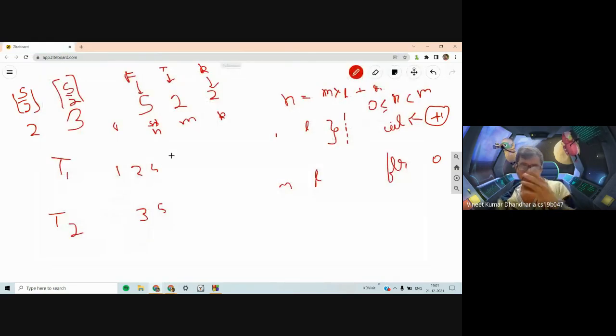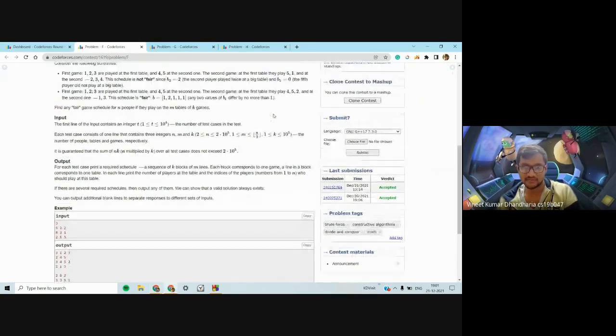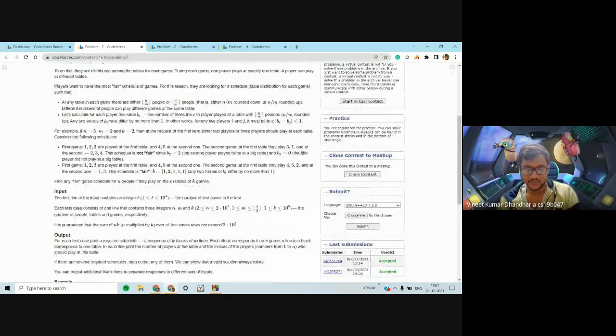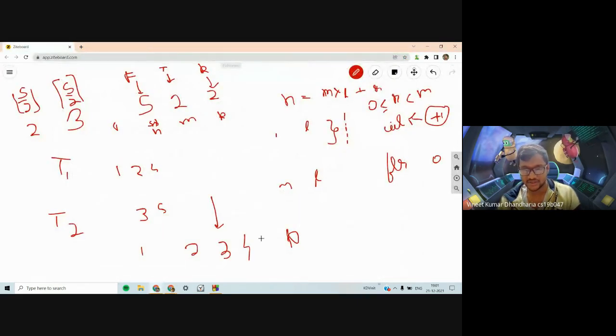So one observation which struck me first: if for any k we can do it, then for each round I will keep constructing it such that if I stop at this point, the condition that pi minus pj is not greater than 1 is still true. Even after this round, the condition is true. Even after k minus 1 rounds, and after the kth round as well. So after each round, that condition should be ensured. Because it can be done for each case, I will just go on doing it in that order.